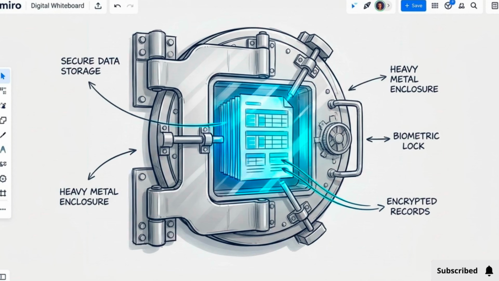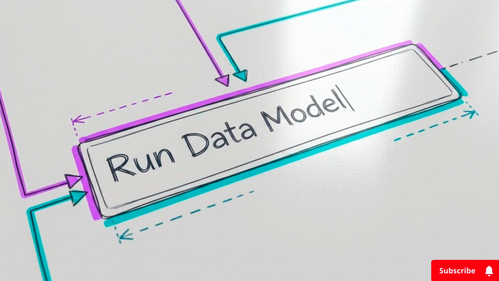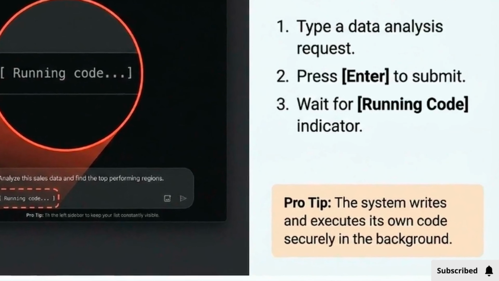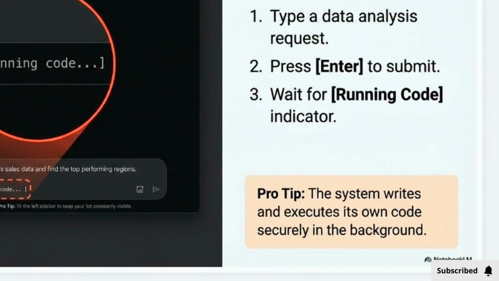Now that your data is loaded, let's put it to work. In the main chat box, type a complex request. For example, asking it to analyze your sales data and locate the top-performing regions. Notice this running code indicator on the screen. This means the system is currently writing and executing its own custom code in the background to process your specific